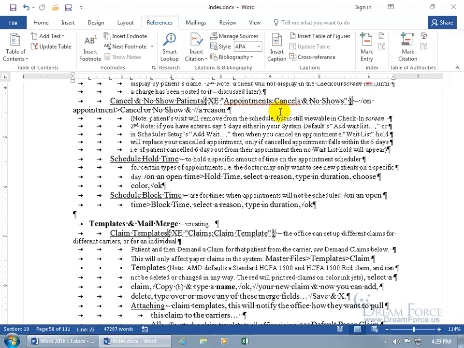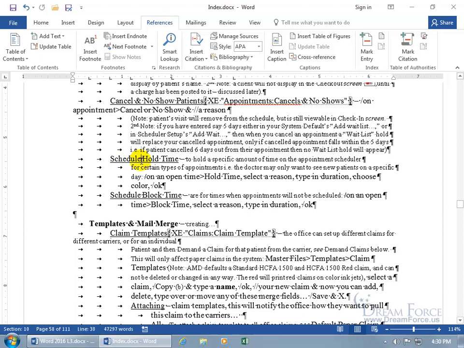Now, that could be very time-consuming, especially if you have one keyword that you want to mark throughout the entire document. What you can do instead is the second way that I'm going to show you to mark your entries, which is to mark all instances of that keyword or phrase. So, for example, how about schedule? If I want to go ahead and mark all the keyword schedules within the document, like schedule here for whole time, schedule here for block time, and so on, you have to select the keyword, because if you don't,